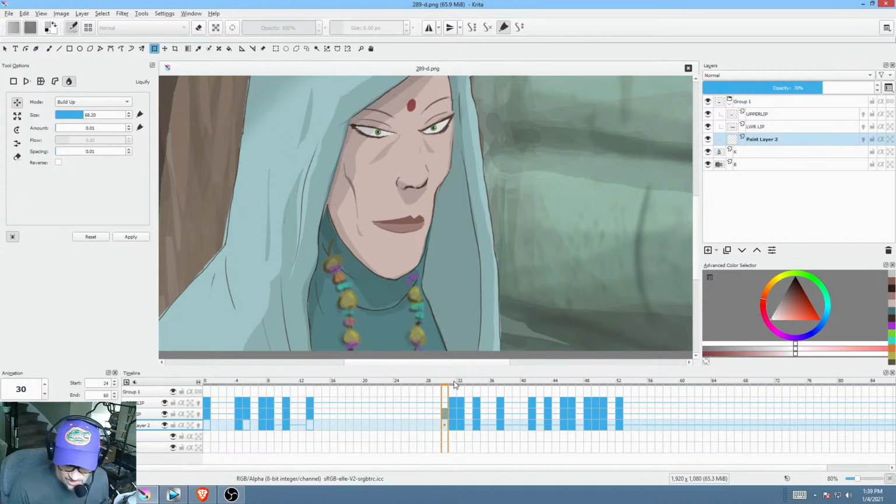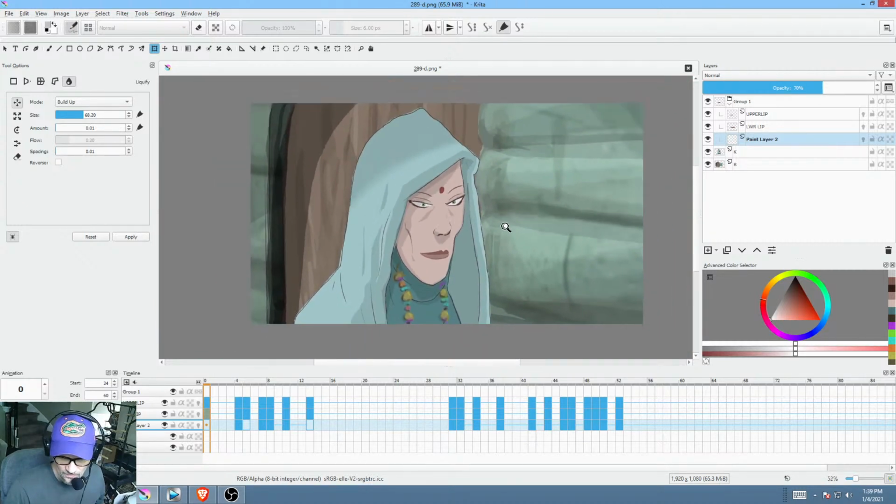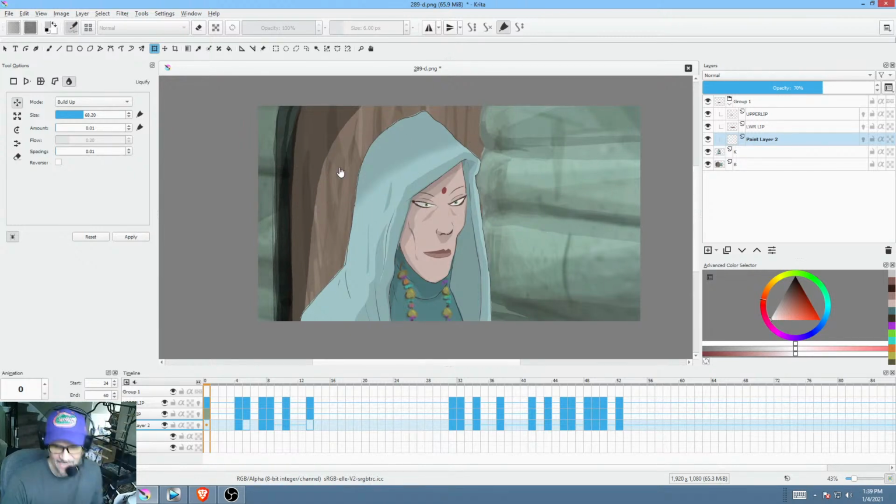But again, my advice is just pick a tool and then focus on the thing that's common to all of them, which is timing and drawing. If you suck at drawing, then do whatever you need to do to get a, like here, think about it. This particular picture is a static drawing. So if you found a drawing online of some established character and you just cut and pasted it into your software, just so you could practice either maybe animating her by distorting her head, moving her around or whatever,